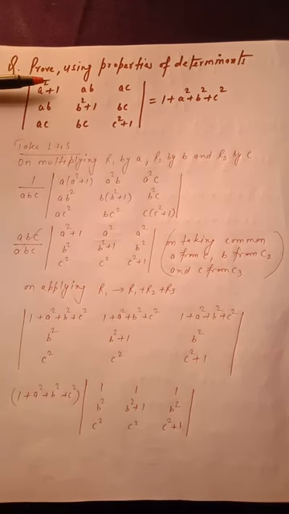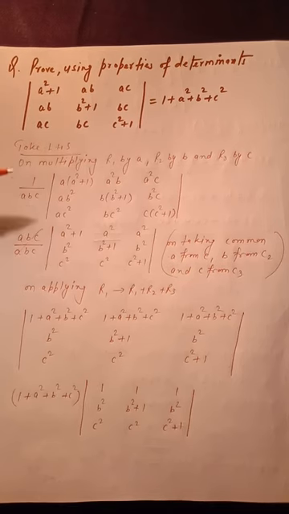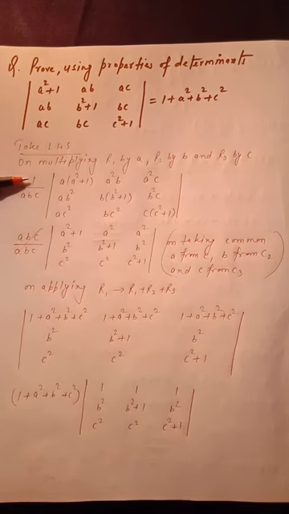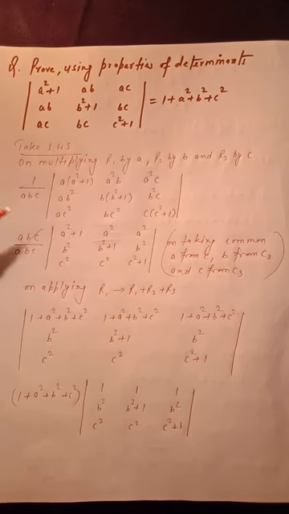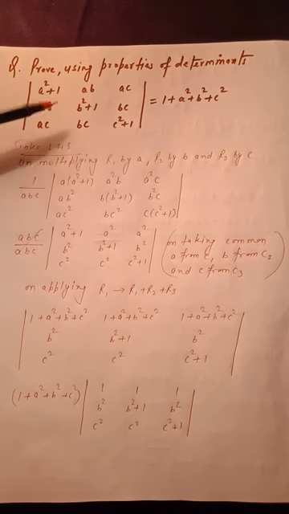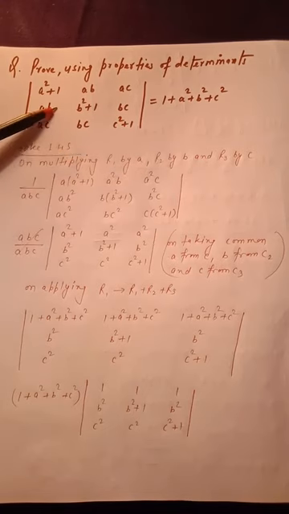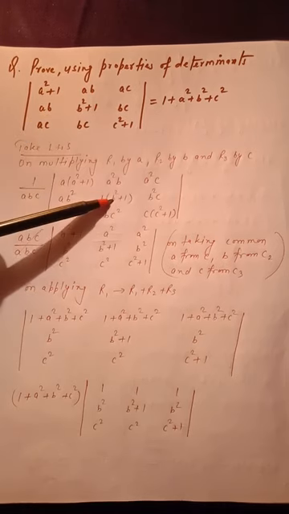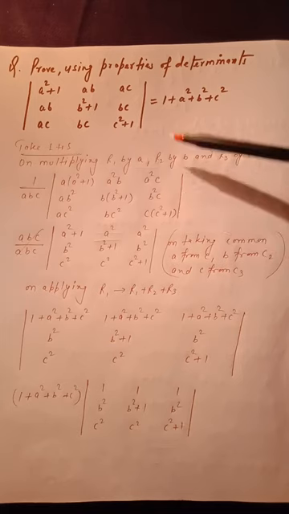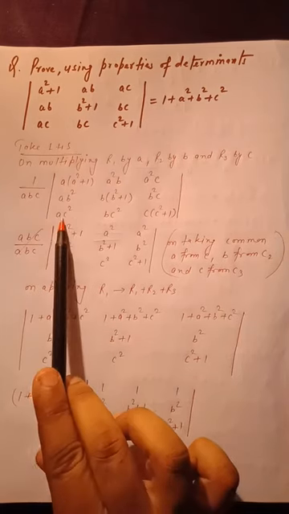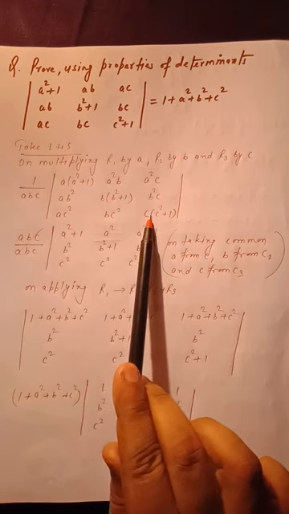So when we are multiplying the first row by a, we have to divide by a also, then it will balance. So I am writing 1 by a outside. Similarly we have to divide by b and c. So I am writing 1 by abc outside, and this first row is multiplied by a. So it will become a square, b, and a square, c. Similar case in row number 2: this will become a b square, this is b into b square plus 1, and the third one is b square into c, and the same case is for row 3, it is multiplied by c.